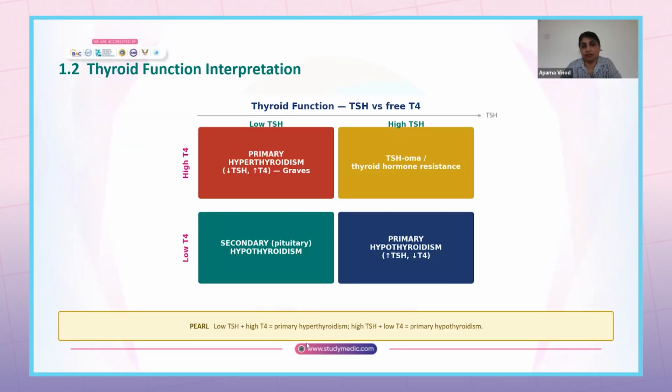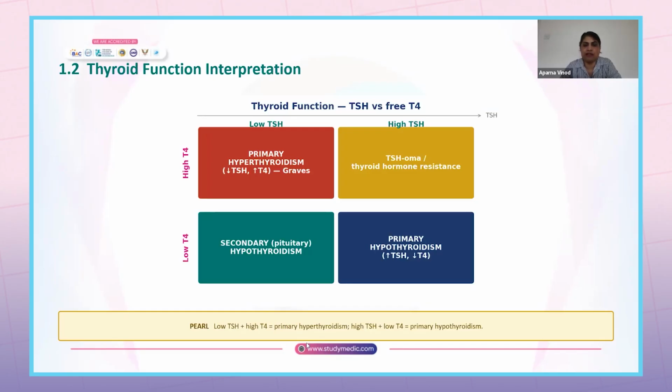Now, this is a pictograph to help you remember thyroid function versus free T4. As you can see, on the x-axis it is TSH, on the y-axis it is T4. In the red box, you have primary hyperthyroidism. Primary hyper means it involves the thyroid gland, which is producing excess thyroid hormone. When it is so, the pituitary will try to do a negative feedback, so the TSH will decrease. Low TSH with a high T4 is seen in primary hyperthyroidism,